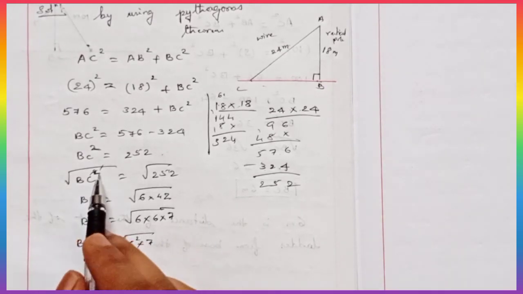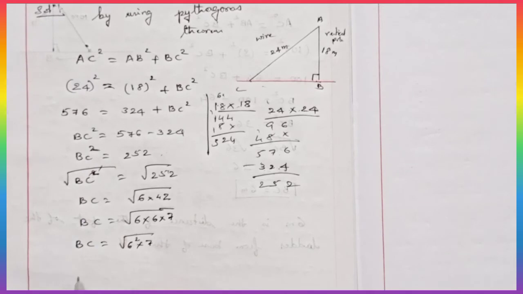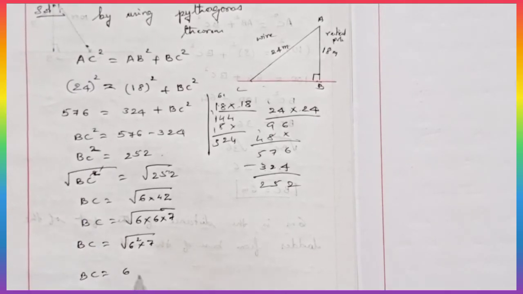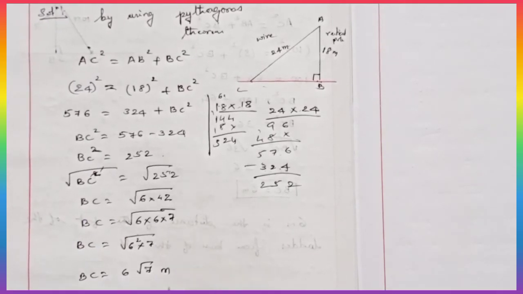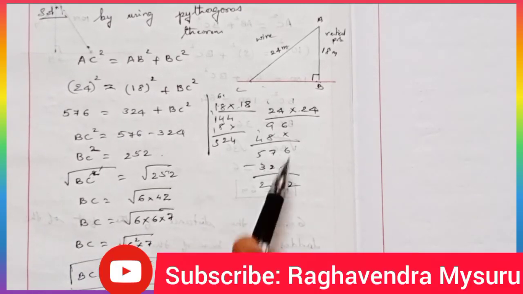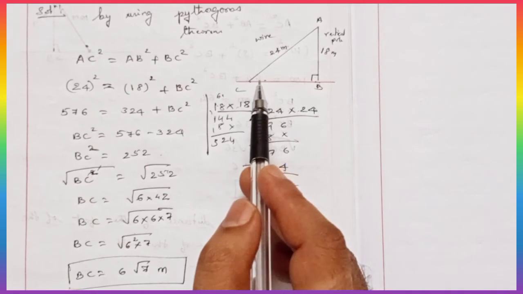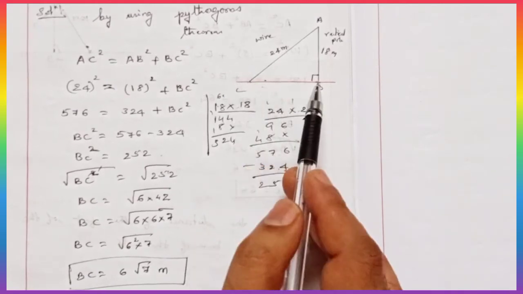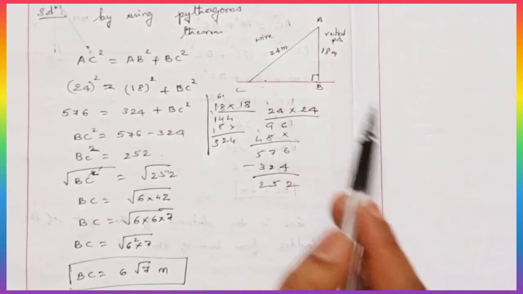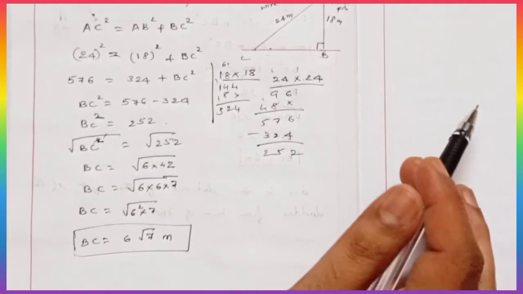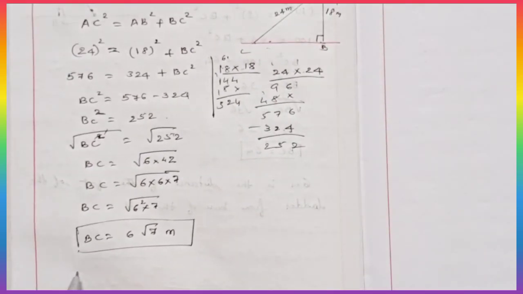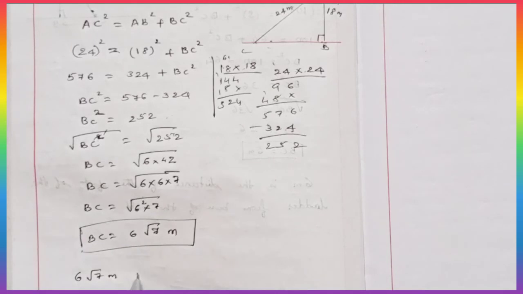So here we know that square and square root get cancelled. So BC is equal to 6 root 7 and it is meter. Whenever we apply the root, it becomes meter. So BC is nothing but the distance between the stake and the base of the vertical pole. So we can write it in the form of a sentence: 6 root 7 meter